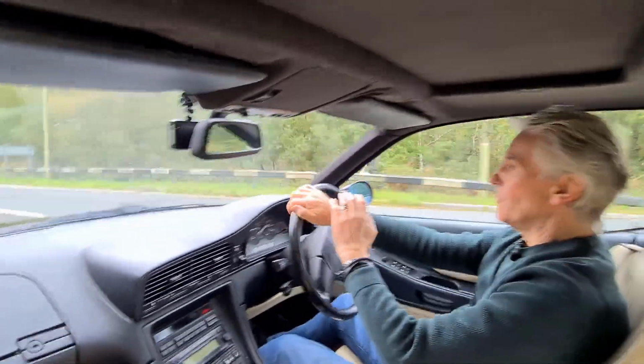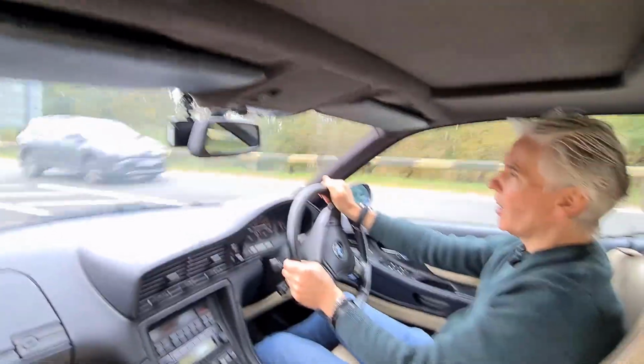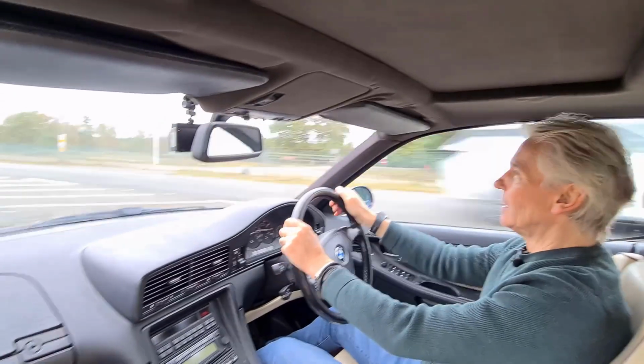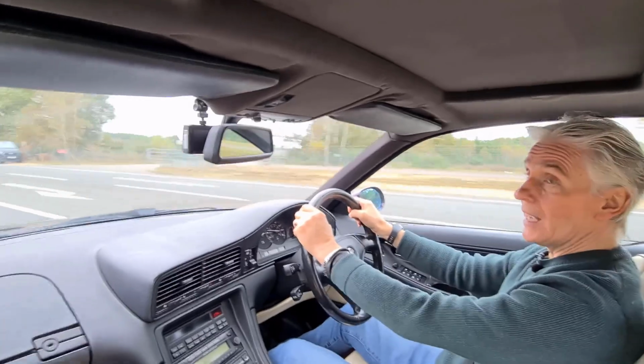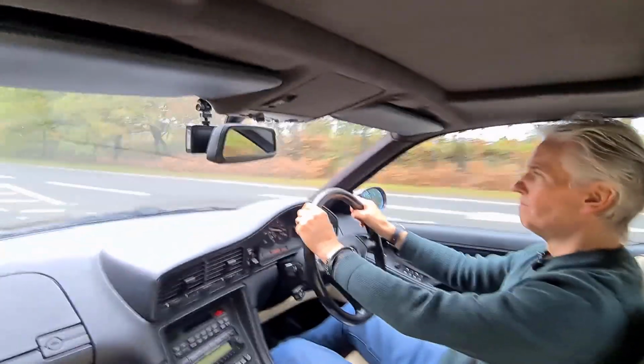So on my way back from work, you know, I was quite worried about it. I got to this point, which is the first bit of road I can sort of be in fifth gear and test things again, and so I did the same, cruising, slight touch of the throttle,